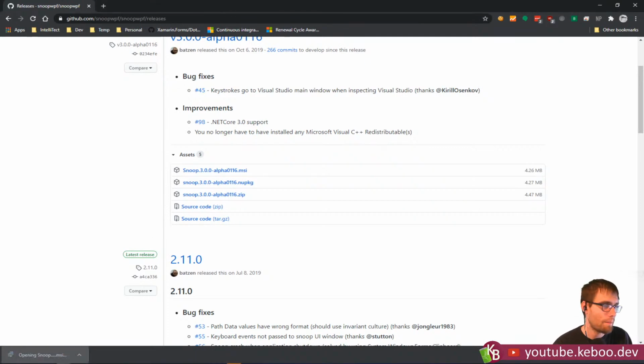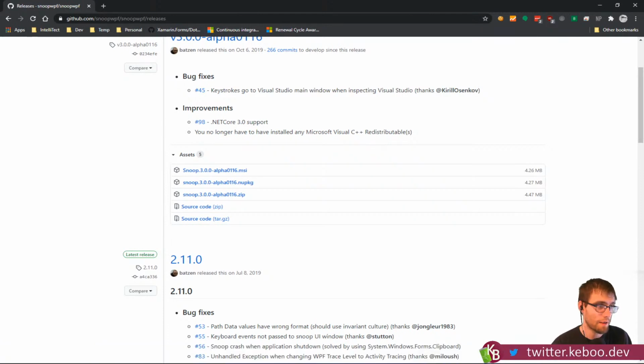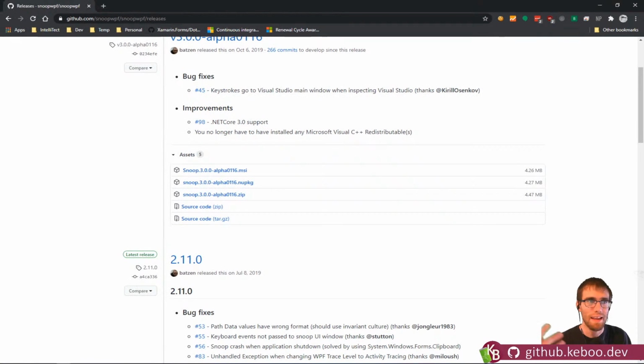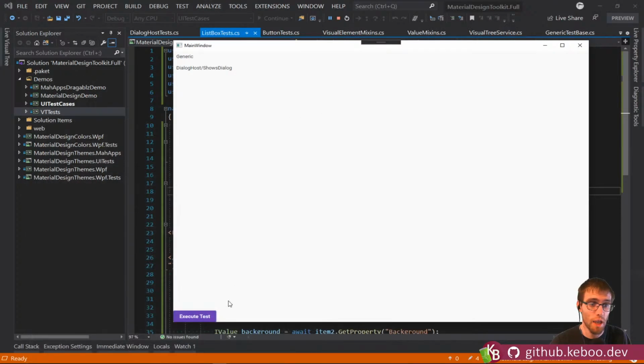So Snoop allows you to go through and actually take a look and effectively, quote unquote, snoop on the visual tree. It lets you inspect what's there and, more importantly, make changes to it. And ultimately, most of the tests that I want to write, the assertions can be written by inspecting the element on the visual tree and pulling the property back so that I can do some sort of check against it. Now, I hope,